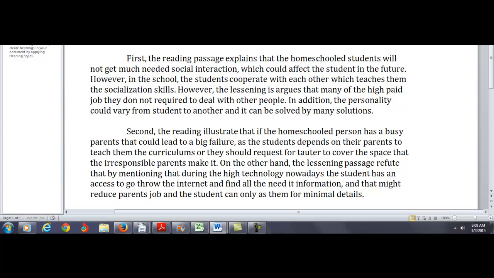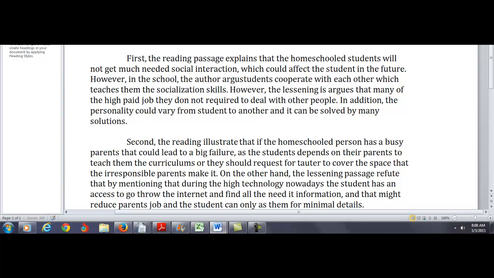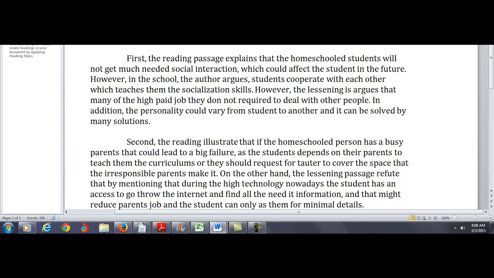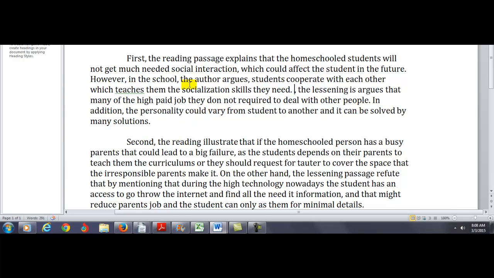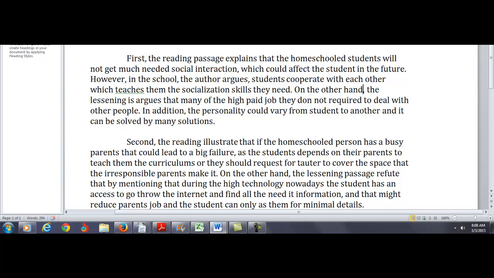Then maybe say, so something like that: However, in the school, the author argues, students cooperate with each other, which teaches them the socialization skills they need. However, and maybe here, on the other hand, the